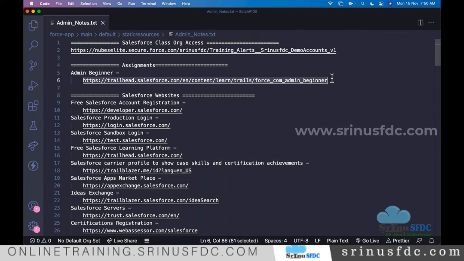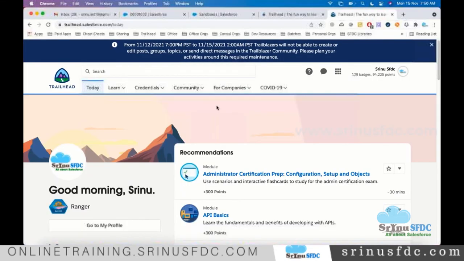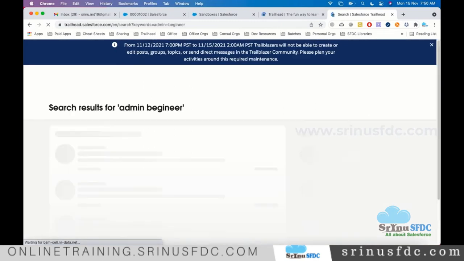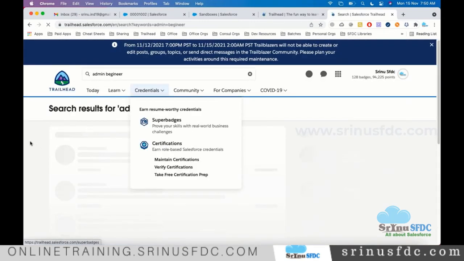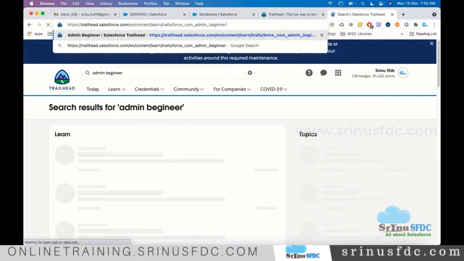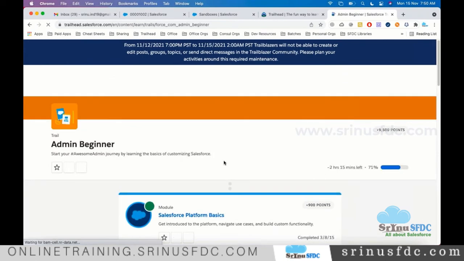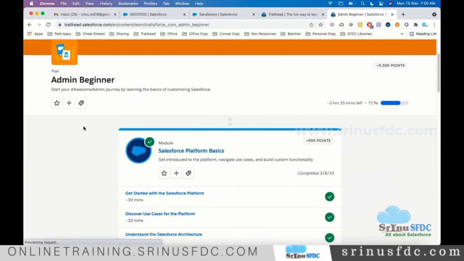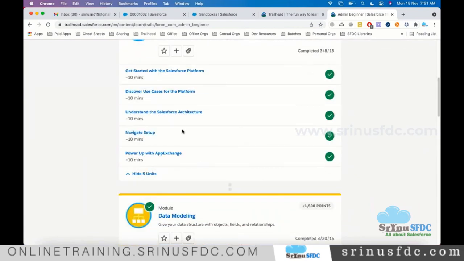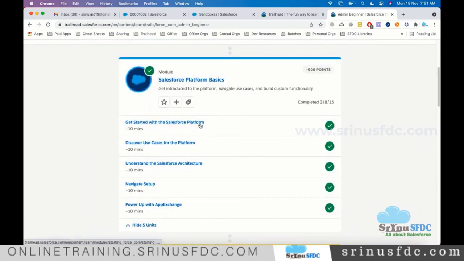I'm suggesting the admin beginner Trailhead module. Once you go here, search for admin beginner. I think there is a typo, or maybe copy this and go straight to it. I'm just showing one of the modules. We will have many modules; this is a trail that has many modules. Under each module, you will see many sections. You can click here